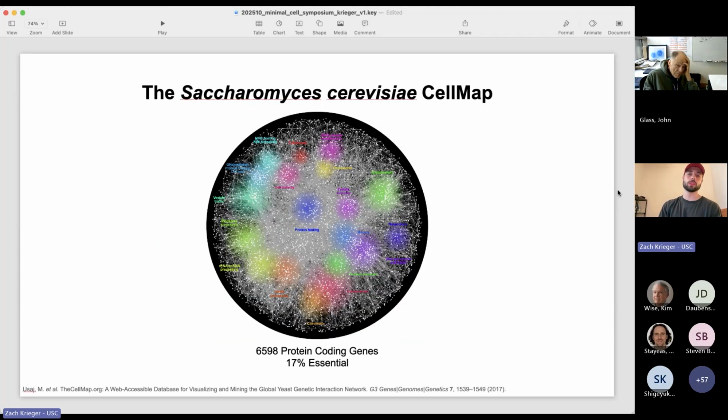When we think about eukaryotes, things get a bit more complicated. In Saccharomyces cerevisiae, the budding yeast, we have 6,000-ish protein coding genes. And we are fortunate enough to know that about 70% of those genes are essential. But it's relatively intuitive to understand that removing all of the non-essential genes isn't the way to actually produce a minimal organism. It's not likely that we'll be able to produce a yeast that actually survives just on that 17%